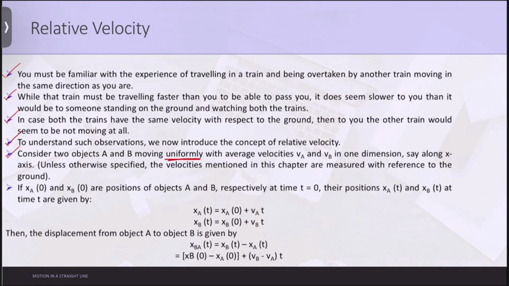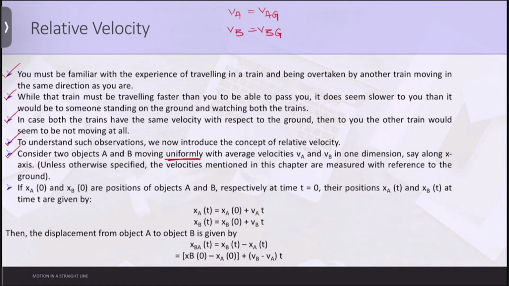So VA is VAG and VB is VBG, where G is ground. If XA0 and XB0 are positions of objects A and B respectively at time t equal to 0, their positions XA and XB at some time t are given by: